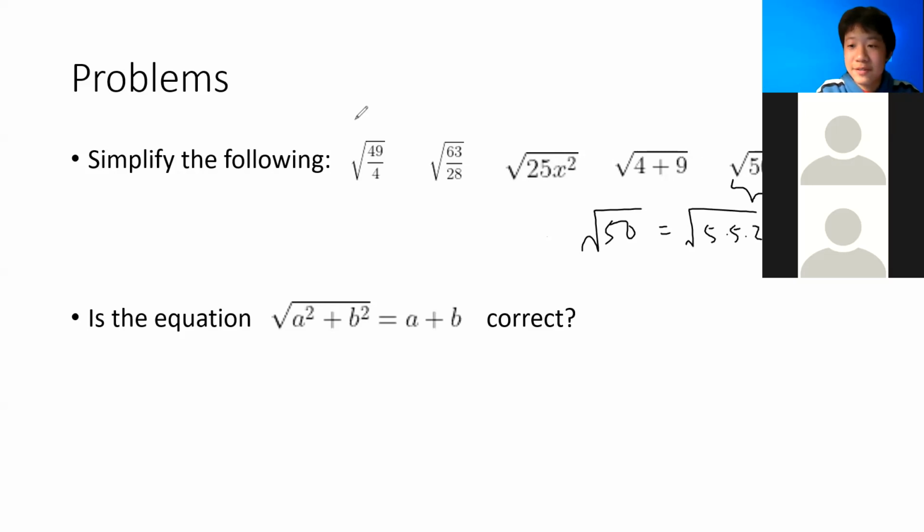Or the square root of 5 squared times 2. Now I can split this up into 5 squared and the square root of 2. These will cancel out. 5 root 2. Now, if I want to simplify the square root of 32,